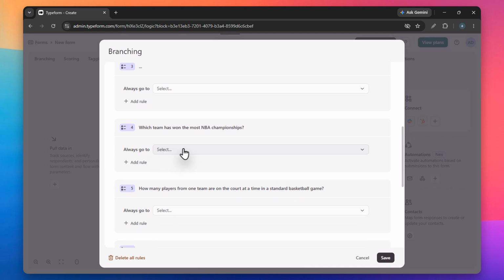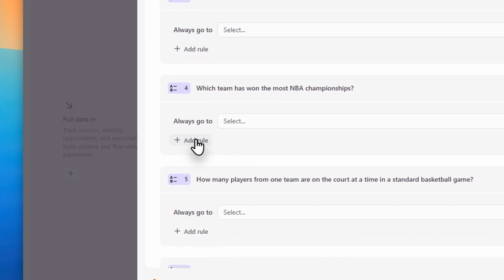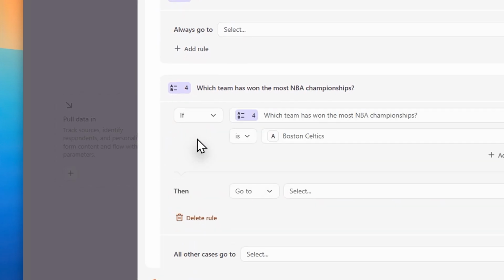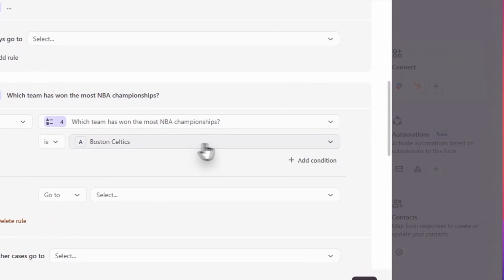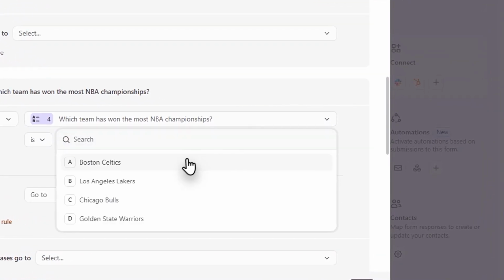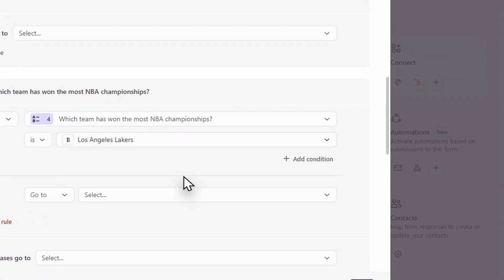Now you must define the jump by setting up your condition and your action. For the condition, you will set the specific logic that determines when the jump should happen, such as if a respondent selects a certain multiple choice answer. Finally, establish the action by choosing the destination where the user should be sent next. This could be a specific question later in the form, or even a custom thank you screen based on their